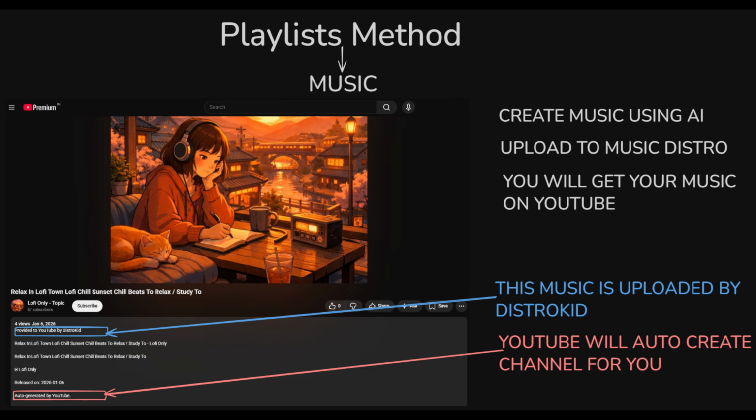First, you can use AI music, but you have to choose the music distributor carefully. Not all music distributors allow AI music. You can use DistroKid and Landr, but there are others which allow AI music as well. Just search which ones are good. Do not use Content ID. Many people make this mistake.